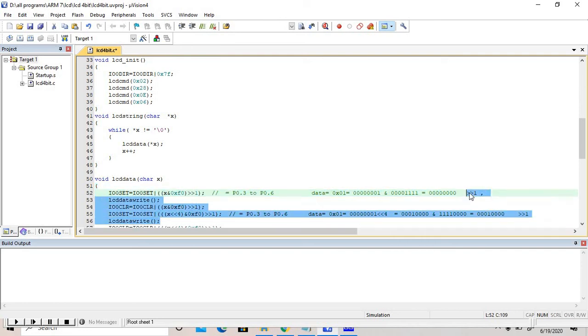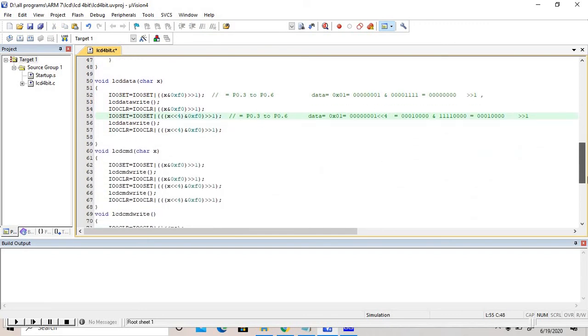After that you have to shift by 1, meaning you have to perform from 0.3 to 0.6. Otherwise, if you do not do this, the pins would work for 0.4 to 0.7, but you have to left shift by 1 for this pin operation. Other than that, no difference is there. This is for the data and this is for the command. The same line is there. Nothing changes there.